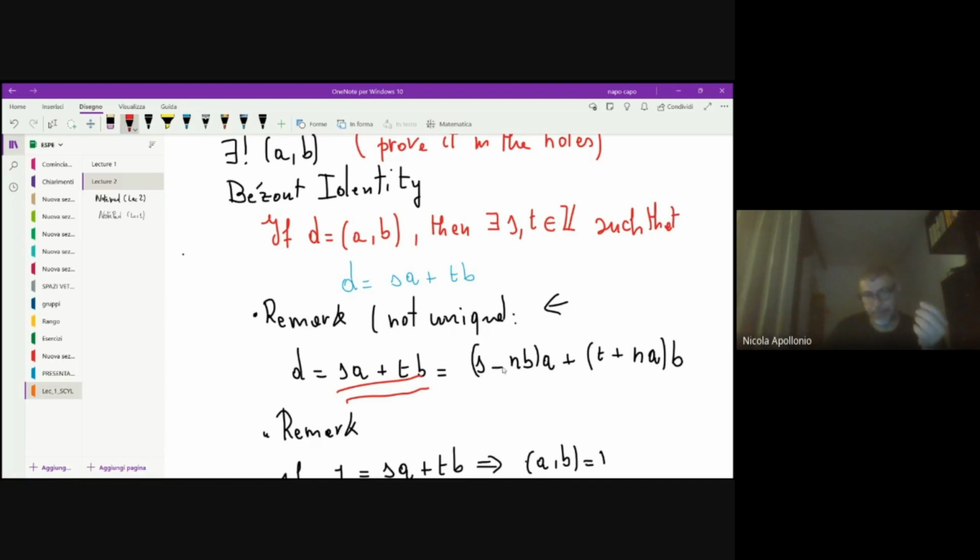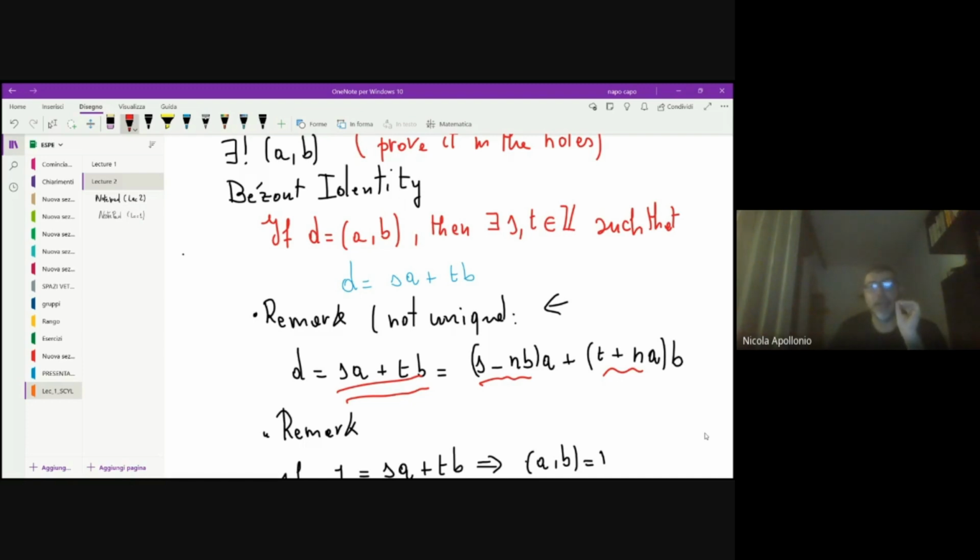If you subtract within the brackets n times B and add within the other brackets n times A, you get the same result, but with different coefficients. So you can make these arbitrarily small or arbitrarily large as you like, without changing the property. So it is not unique, but it doesn't matter. The important fact is that there exists one such linear combination. It is really important,